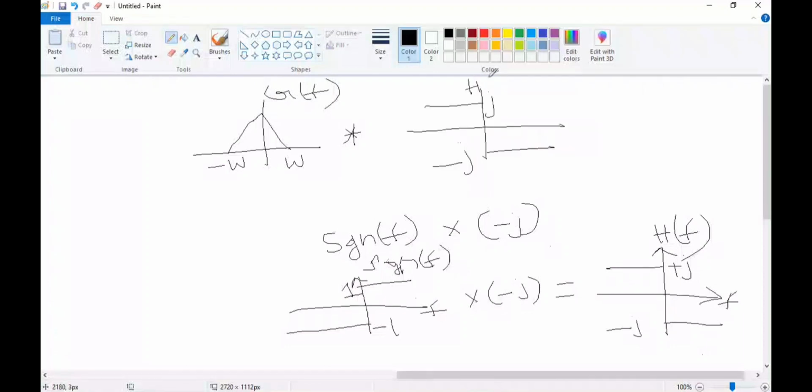These two will get multiplied. When these two get multiplied, how will the spectrum be? From minus infinity to 0, it gets multiplied with plus j, so you'll have the spectrum this way. Whereas for the positive frequencies, minus j gets multiplied with the positive part, so your spectrum will be flipped in this way. This is nothing but your G cap of f.